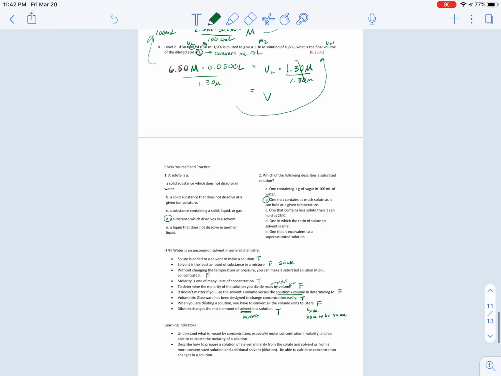We have our learning indicators. Hope this wasn't too long for you. I just want to make sure and spell out every